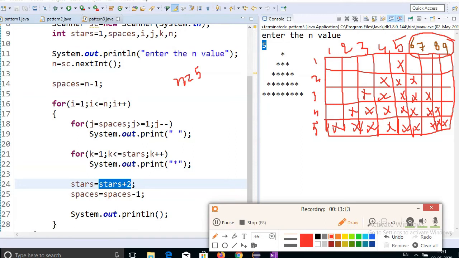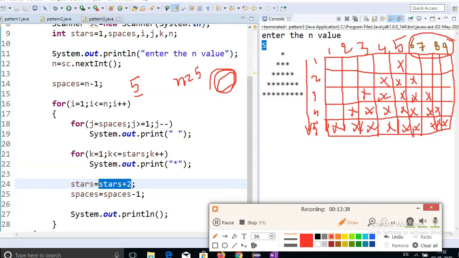Enter the n value 5. It stores n as 5. So i less than or equal to n means it will run up to 5 rows. So these are my rows. The for loop will iterate 5 times.